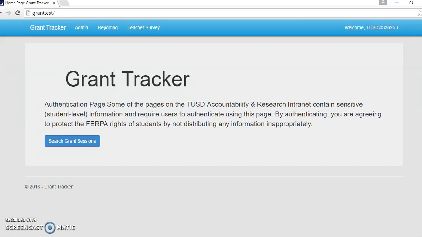So this is the home page of the grant tracker. This main blurb is in regards to FERPA. It's a reminder that grant tracker is FERPA protected. All of the information inside of grant tracker is only to be used for its intended purpose, and the people who have access to it have to have explicit access. You should not be sharing your username or your computer with others who have not been granted their own access